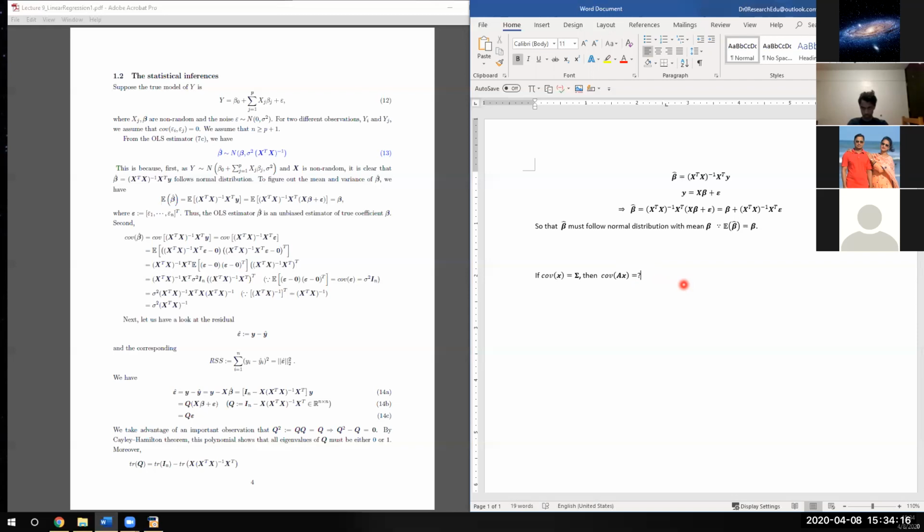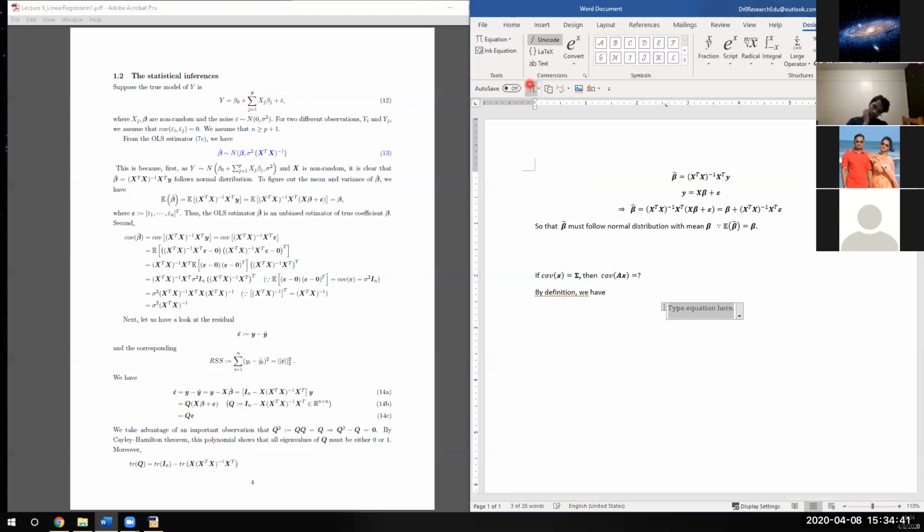For example, suppose this a is a small a, a scalar. You're going to have a squared, right? If this is not a scalar, then you're going to have A sigma A transpose. To see why, check the definition. By definition, we have the covariance of ax. This equals, with ax as a vector, the expectation of